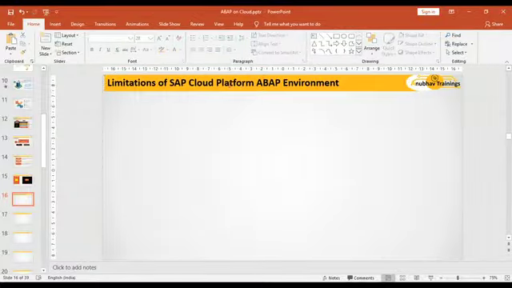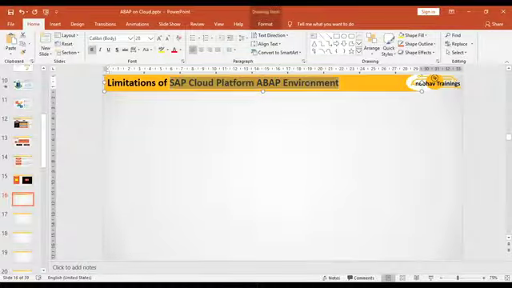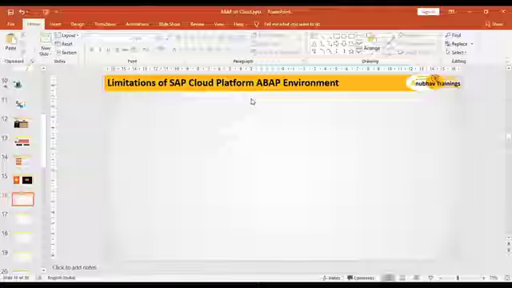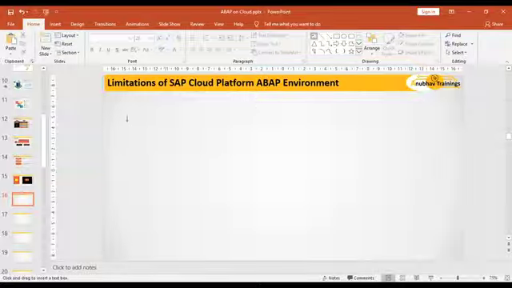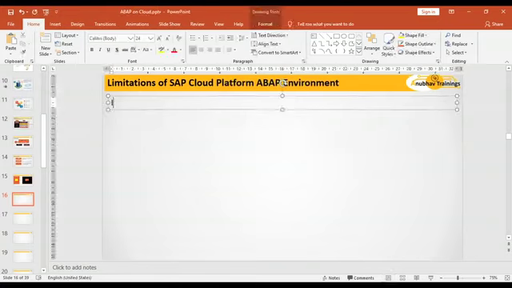Next time when you are talking to somebody, you should say this is the product name, SAP Cloud Platform ABAP environment. So what is it? It is an offering of ABAP as a service,